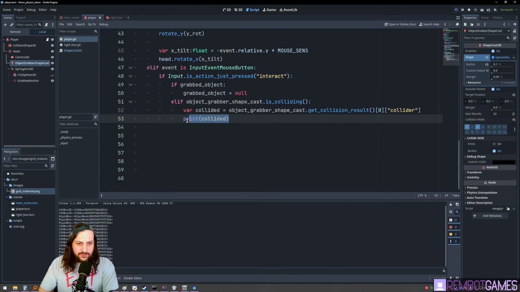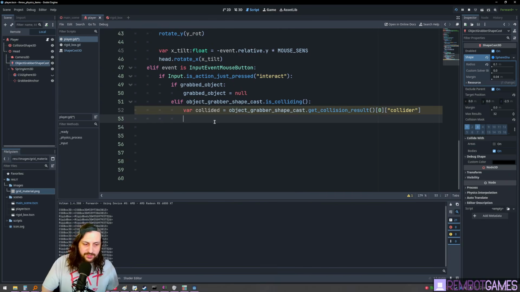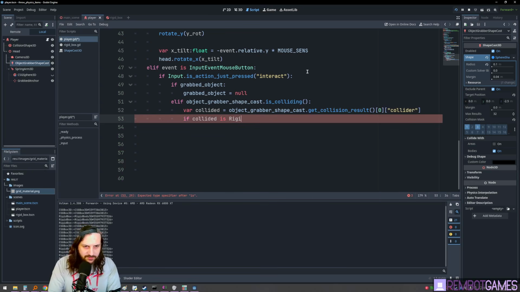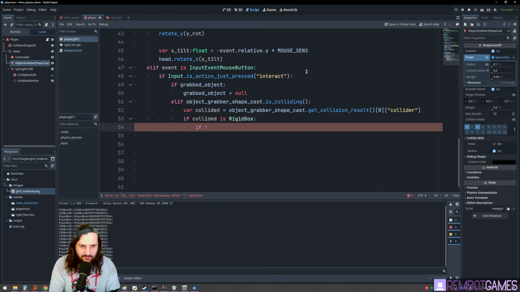So next what we've got to do is check to see if it is a rigid box, and if it is, then we grab it, right? So we go, if collided is, this is the way it works, if is, not equals, is rigid box, then we're basically going to need to create a function here, right? If not grabbed object, we need to try grabbing. So we're going to add